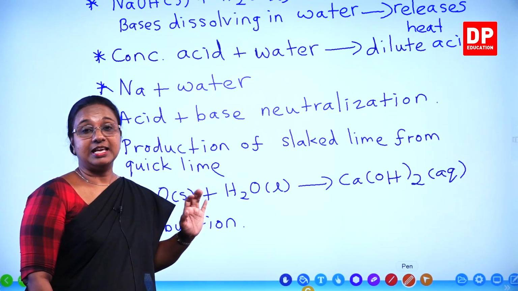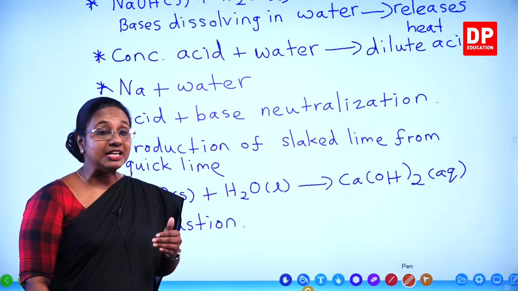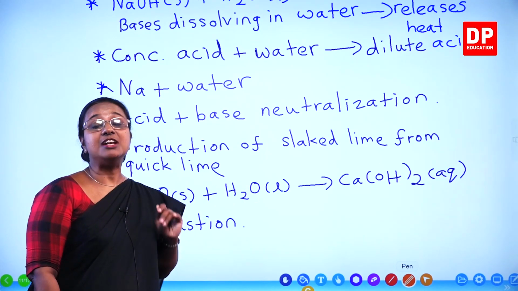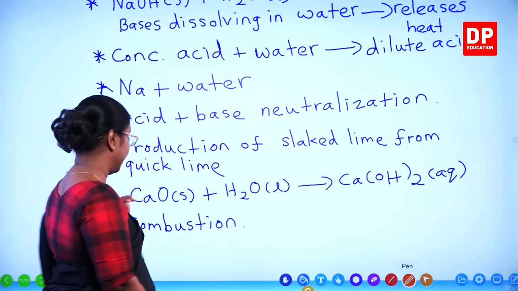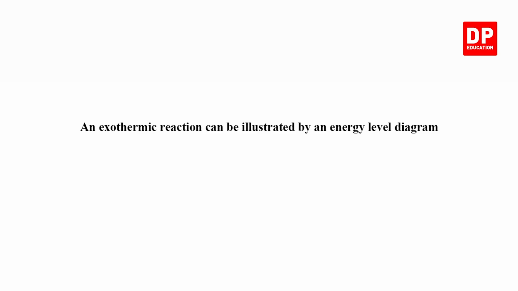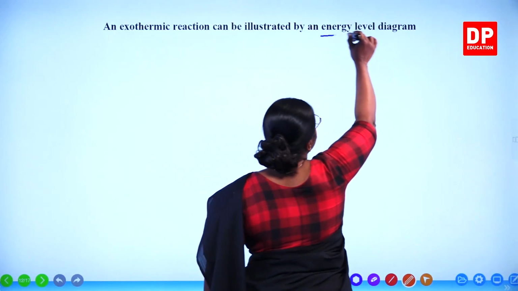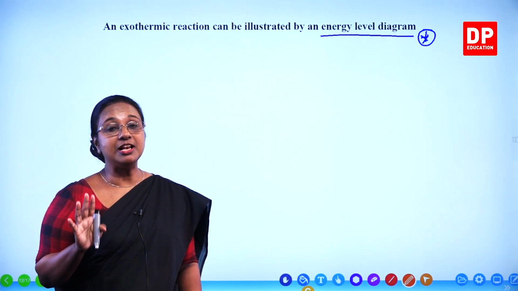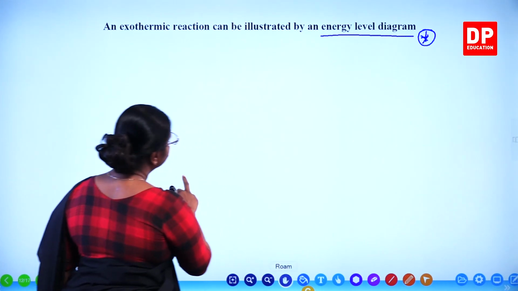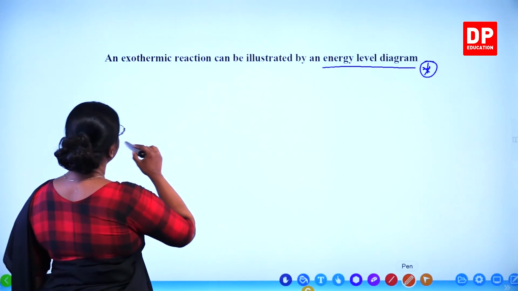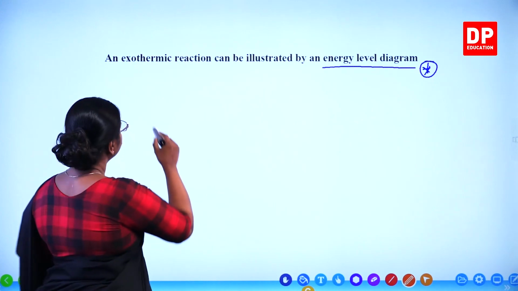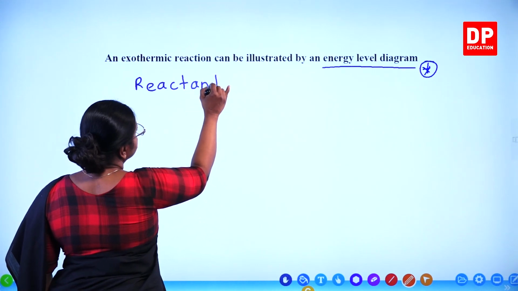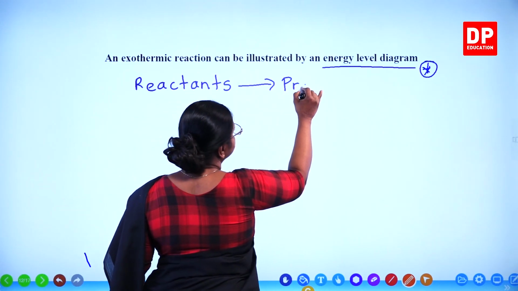So with that understanding, now we will move on to a topic where we discuss how we can represent these exothermic reactions. For that, we use the energy level diagrams. So an exothermic reaction can be illustrated by an energy level diagram. This is something you all have to remember, students, an energy level diagram. So first, I will use the example that we did as a common reaction. If we take the reaction, we have the reactants becoming the products